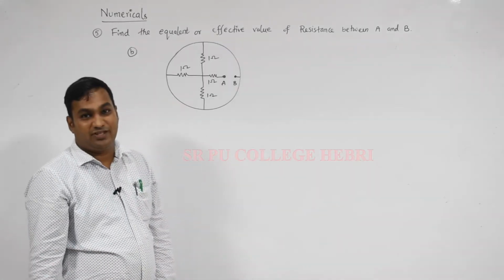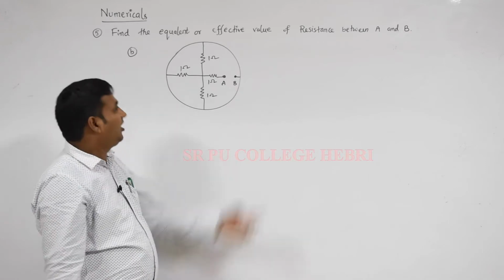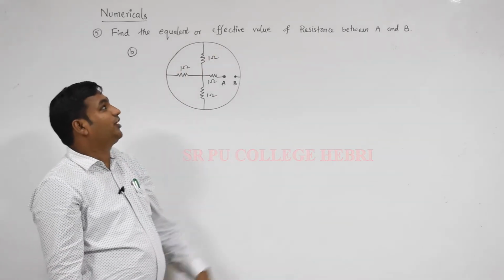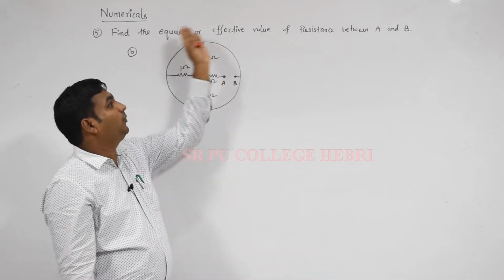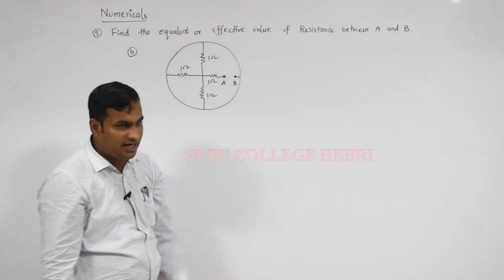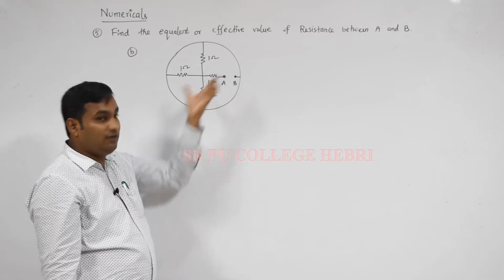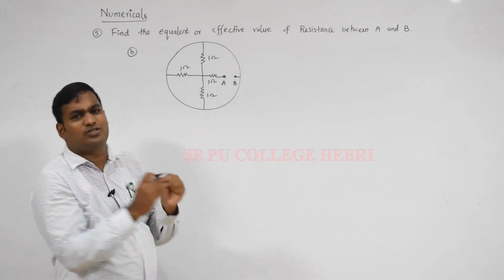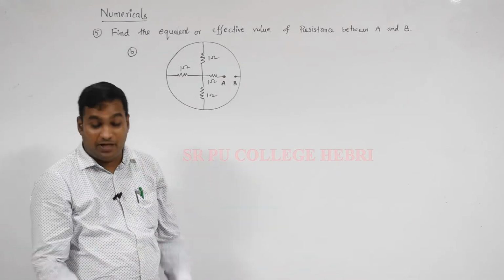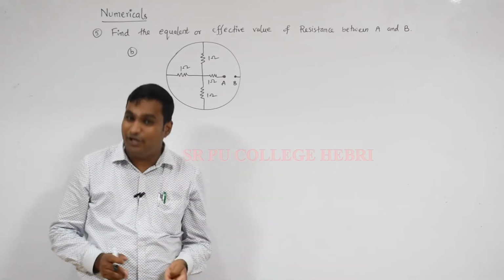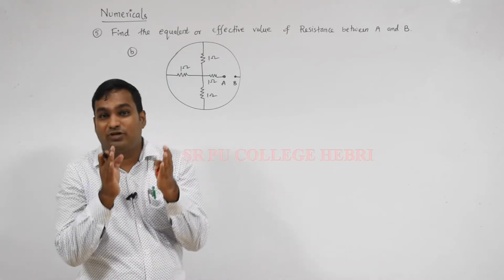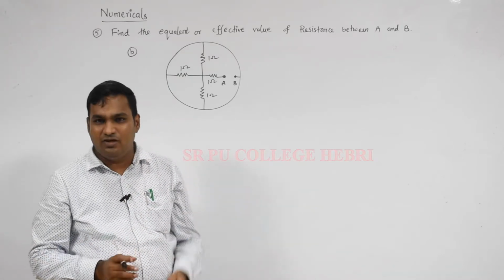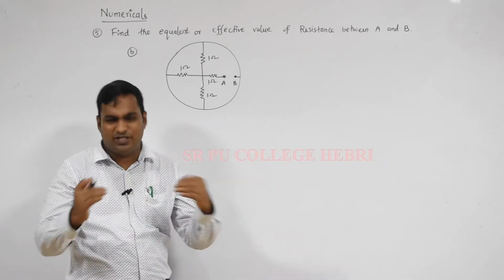Dear student, the second question they given, this is the circuit. In this circuit again you have to find out the effective or equivalent value of resistance between terminal A and B. These two are the terminals, there will be a gap. In that gap only should be a resistance. While seeing this circuit it looks a bit complicated, but again you have to go for 2 steps. I already told clearly, first you have to take the number system, then you have to go for redrawing the circuit, then you have to do a simplification. The steps you have to follow.